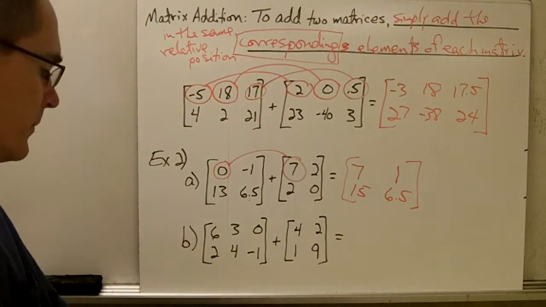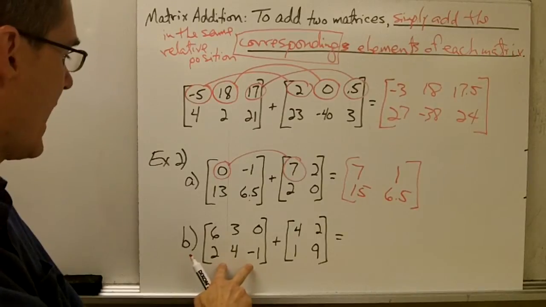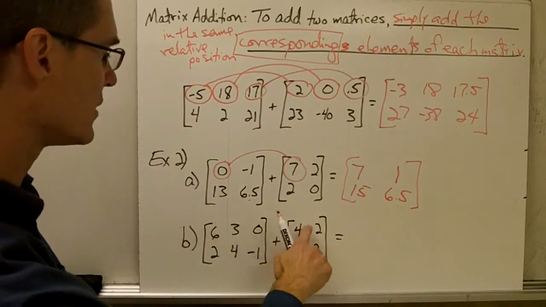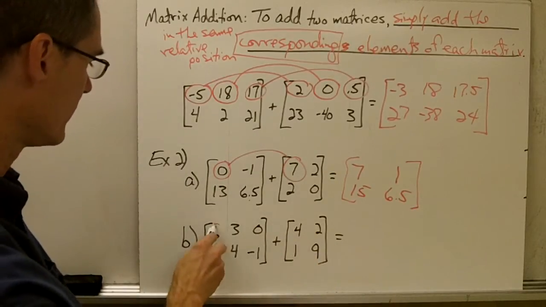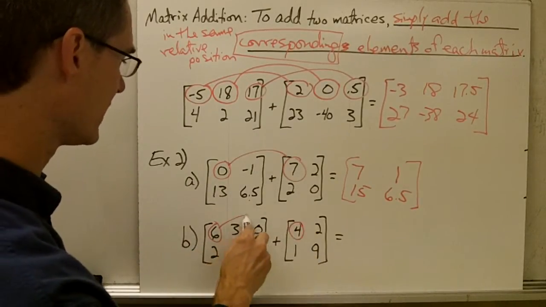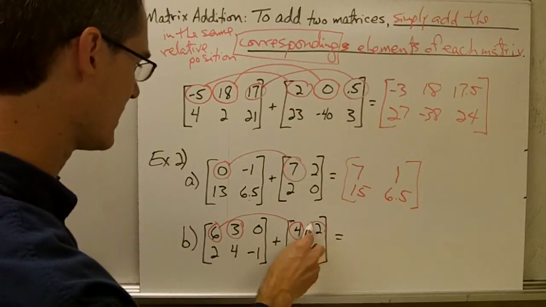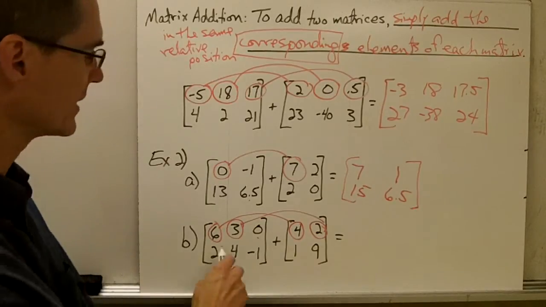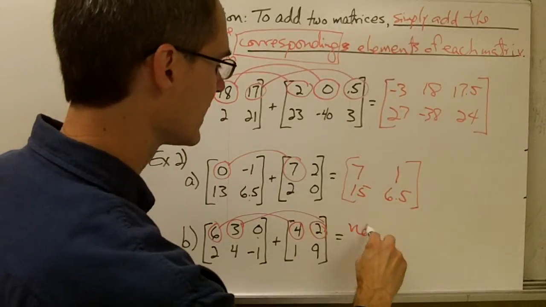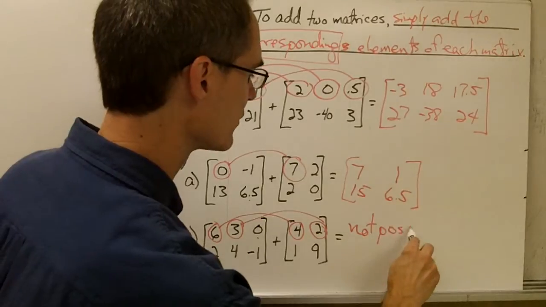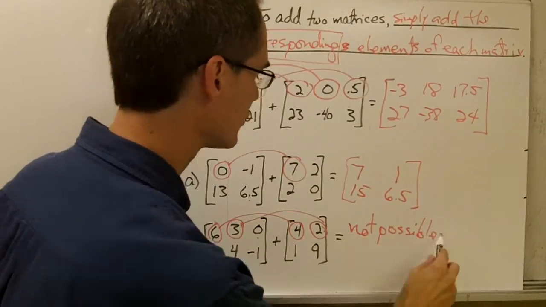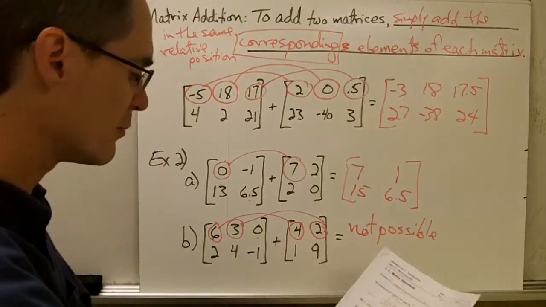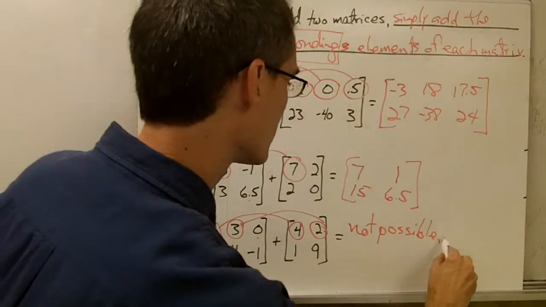Now this one here, I notice that I have a 2 by 3 matrix and I'm trying to add it to a 2 by 2 matrix. Well, I can find these corresponding elements here and here, but this one doesn't have a corresponding element. The fact is that I cannot add these two matrices together. It's not possible to add two matrices together if they don't have the same dimensions. So adding these two matrices is not possible because